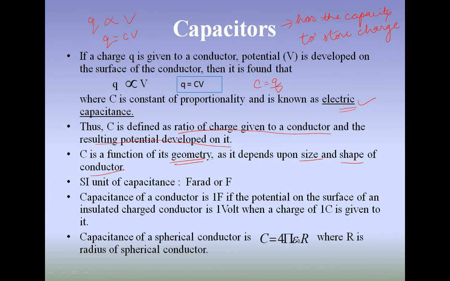In a parallel plate capacitor, we have two plates which are parallel to each other. These plates have some area, and they have some distance between them, and the capacitance of this parallel plate capacitor is given by the relation C equal to A epsilon naught upon D, where epsilon naught is the electric permittivity, A is the area, and D is the distance between them.